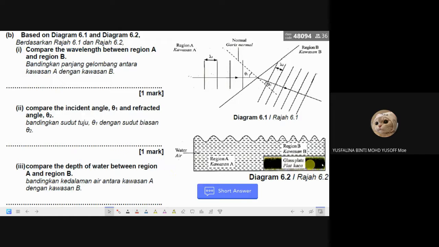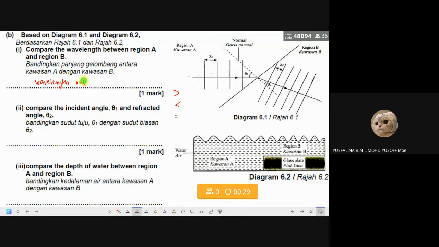Okay. All right. So let's try this one. Okay, you have to compare. So for this one, I let you use the symbol. Okay, you can use the symbol like this. But you have to mention, let's say, I give you one example. Like you compare the wavelength between region A and region B. So wavelength of region A is higher than region B. So what you have to do is you put the answer like this. Wavelength,